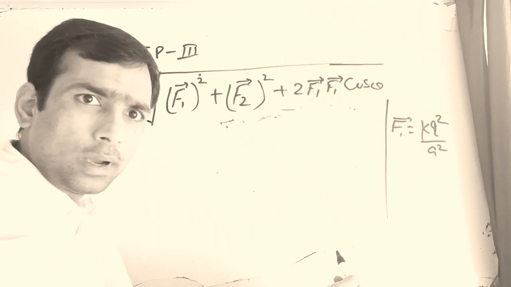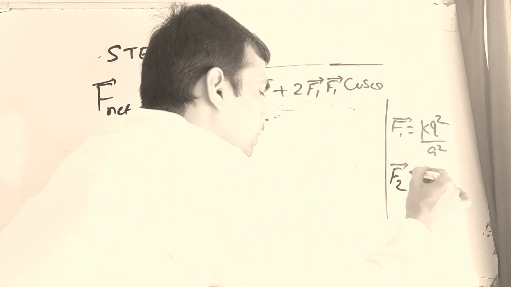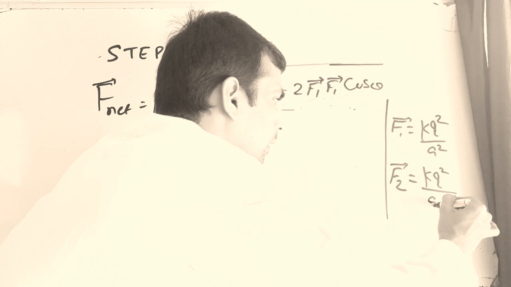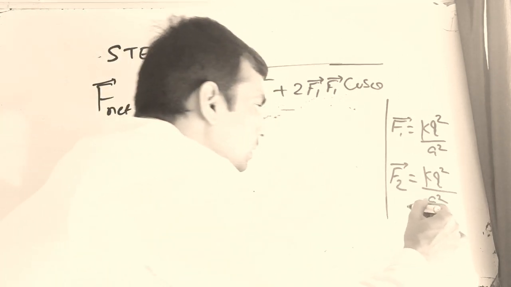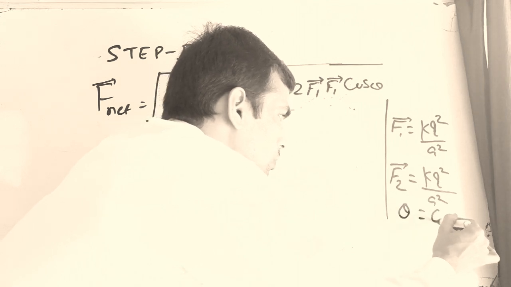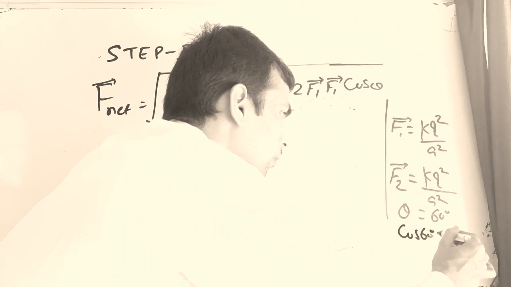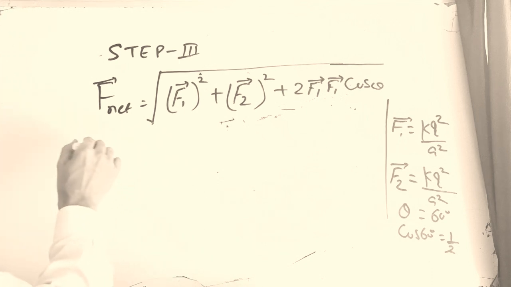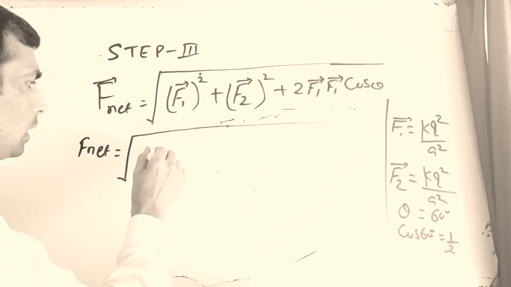I have already found it in step number 1, right? This is F2, KQ square upon A square. I have already found it in step 2. And this is theta, which is equal to 60 degree, and cos 60 degree is equal to 1 upon 2, right student? So basically I'm going to find F net, which is equal to